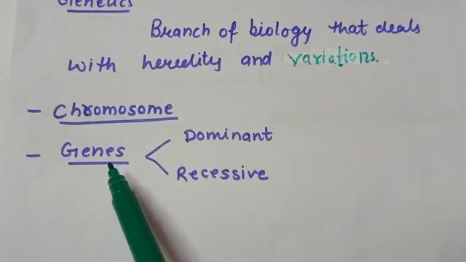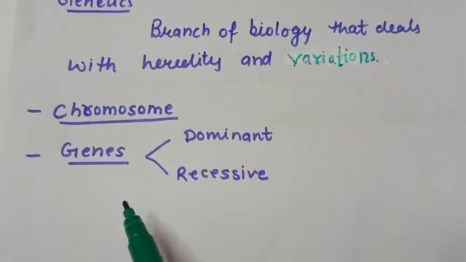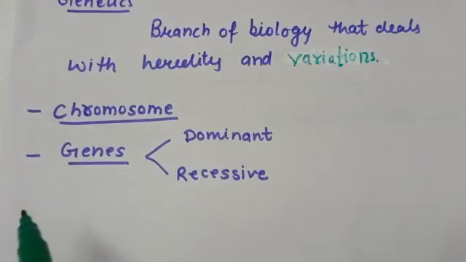And genes are responsible for transferring the traits from parents to their offsprings during reproduction. Genes are represented by letters and they always work in pairs. For example, if we talk about the height of an individual,